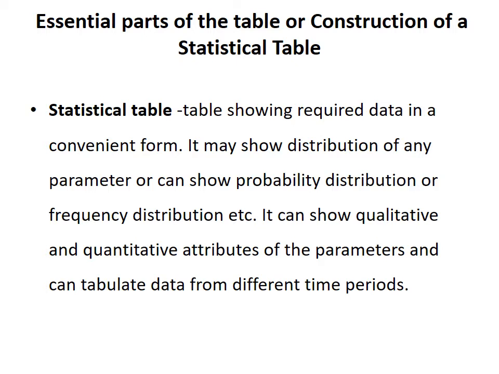See, as we know, there is a difference between qualitative data and quantitative data. The data has qualitative and quantitative characteristics. If we describe the characteristics of the data, then it is called qualitative. When the data can be measured, then it is called a quantitative attribute of the data.